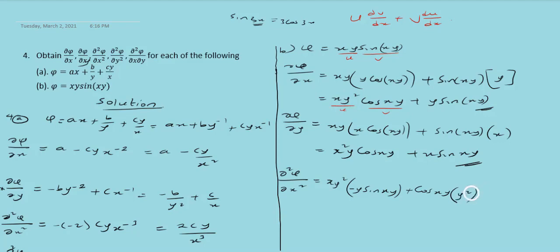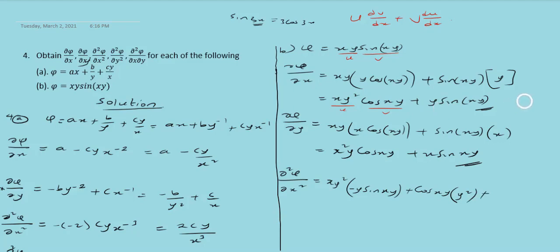Do not multiply this y square with the argument or with the angle. It should always be at the back of the theta, whether cos or sine. So I have cos xy y square. That's not all. This one is still there. Plus